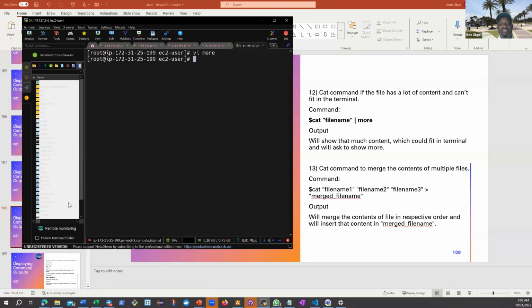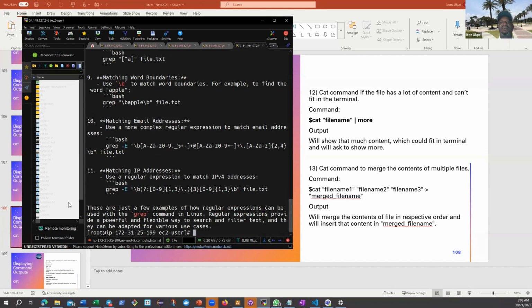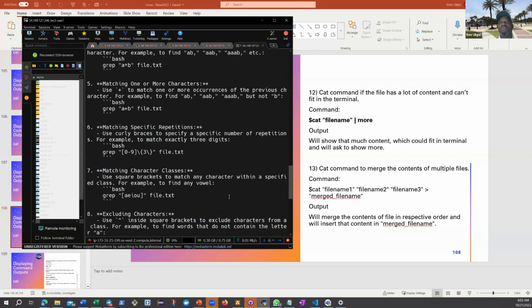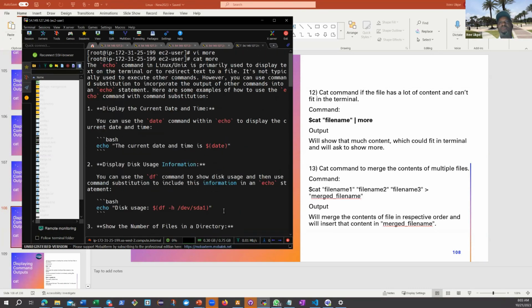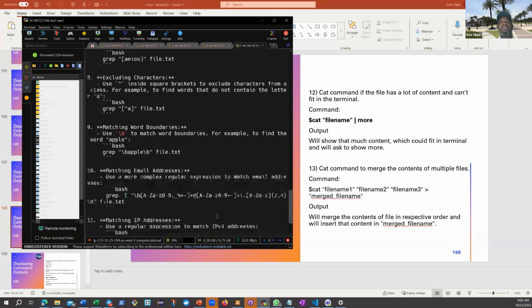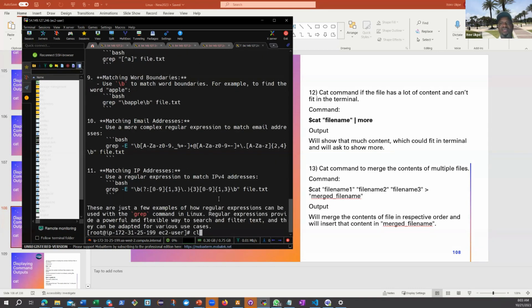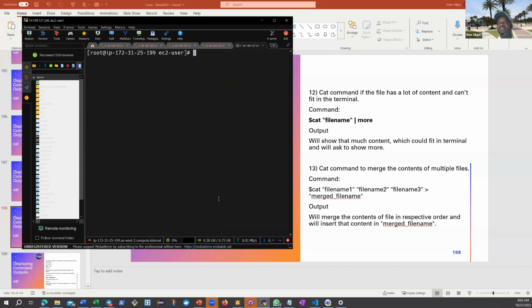Okay, so this is the more command, right? If you want to cat the content of this, it has a whole lot of things that you have to scroll up and down to be able to find. So what happens here is, if the file has a lot of content and cannot fit into your terminal, so it doesn't fit into the terminal, you want to filter it using the more command, right? So if you do this, cat, the name of the file, then